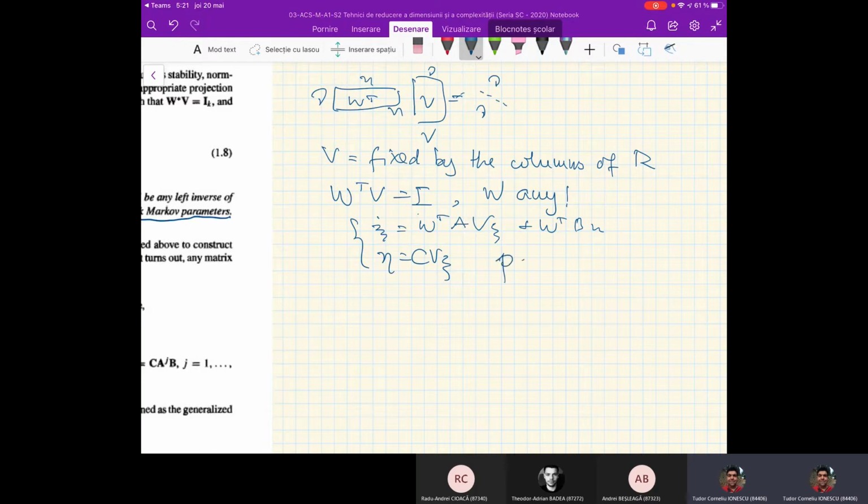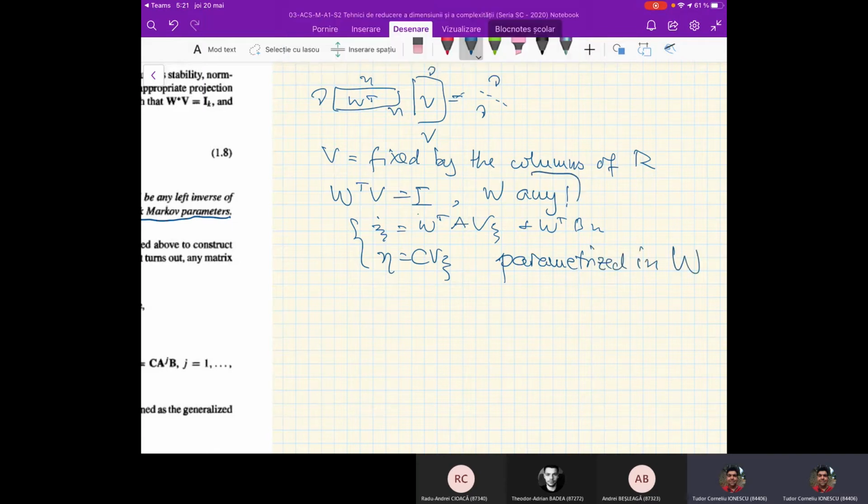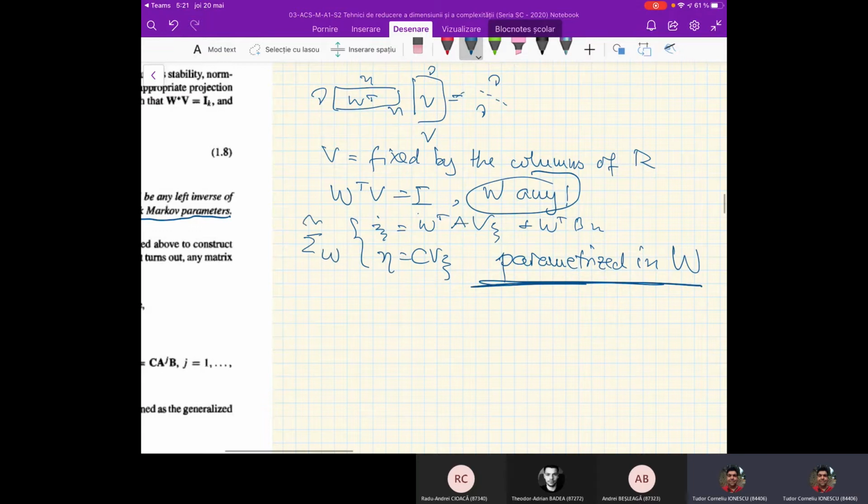This is parametrized in W because it says here W any. So this is not only a system, but this is a class of systems. However, this parametrization is not easy. This is not an easy parametrization, so you cannot easily find W, for instance, such that this system is stable. Example, how to find W,